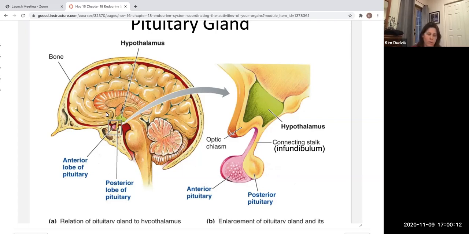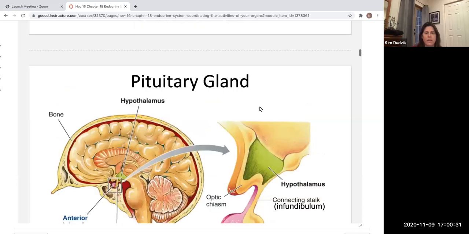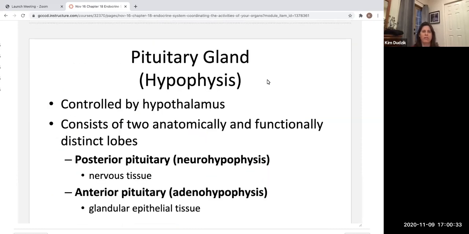Okay, so just recall that the pituitary gland is a little gland that hangs just below your brain. Here's the brain, here's the sphenoid bone. And so it hangs in just that little pocket in the sphenoid bone. And then it also has a connection to the hypothalamus. And the hypothalamus is important as well because while the pituitary gland sends out hormones that will stimulate other glands to release their hormones, the pituitary gland is actually getting its orders